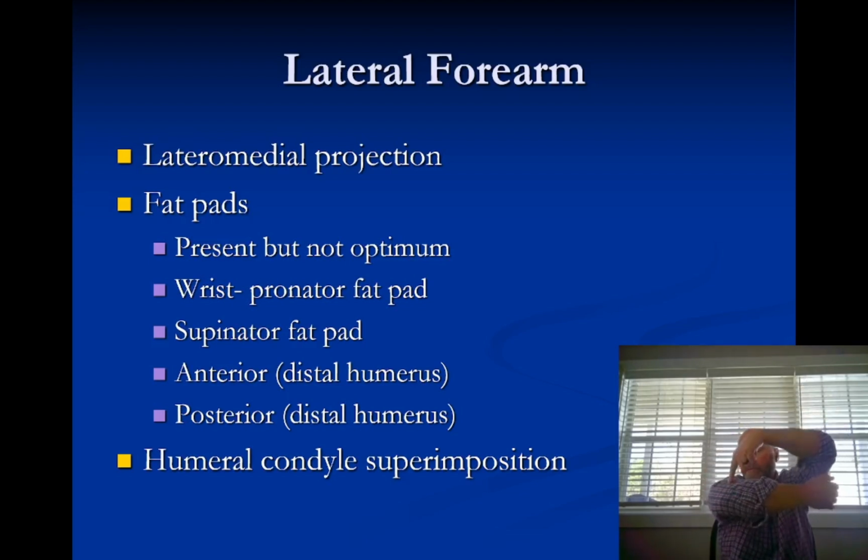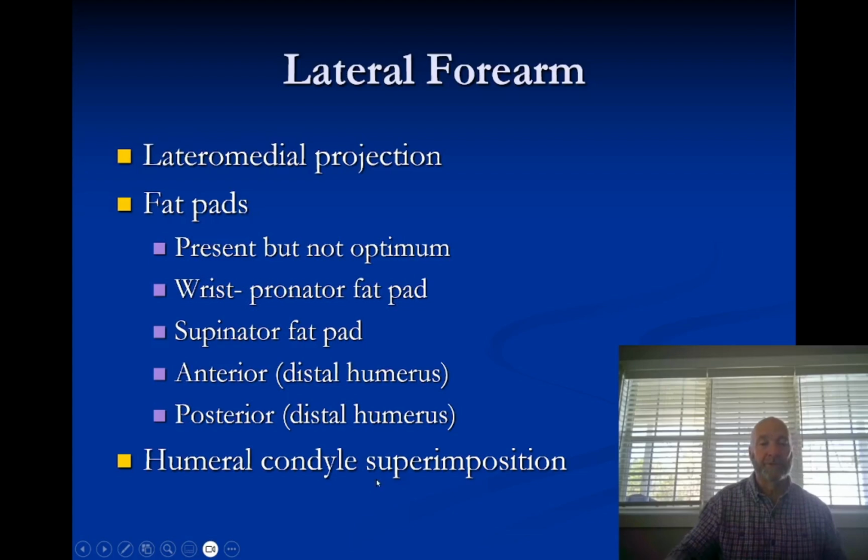The divergent central ray is going to take the one that's furthest from the image receptor and project it posteriorly. So you're going to have separation of those two. You're not going to have perfect superimposition. So again, if you need to see the distal portion of the forearm, and realistically, you're probably not going to visualize that posterior fat pad on the distal portion of the humerus